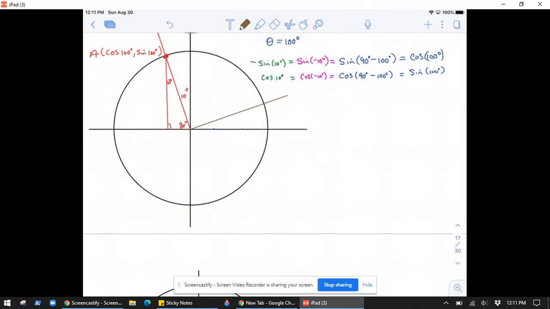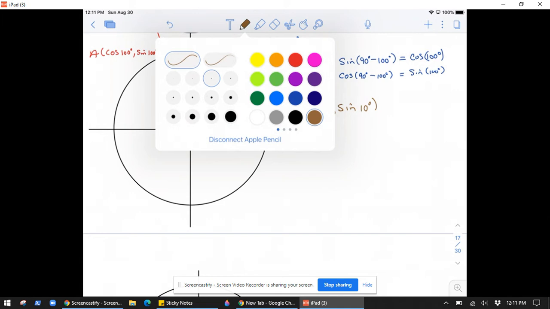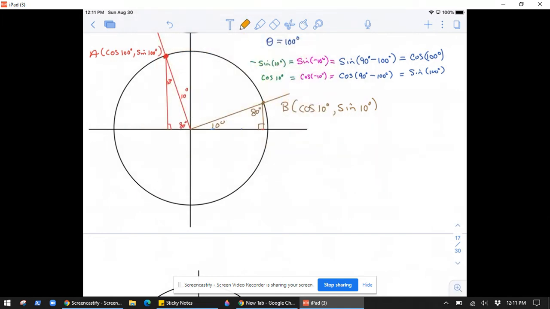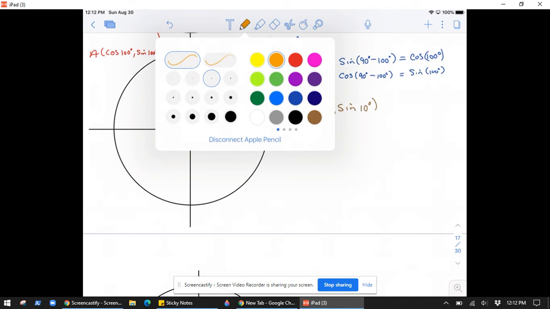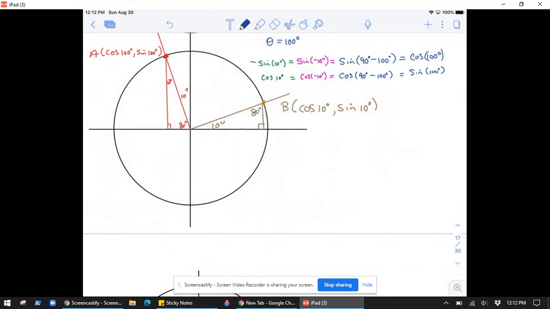So here is a rotation of 10 degrees. Okay, that means this is 80 degrees. And if I call that point B, it could have coordinates cosine of 10 degrees, sine of 10 degrees. But more importantly, we want to relate the coordinates. So what we can say is that if I call this x coordinate A and this y coordinate B,